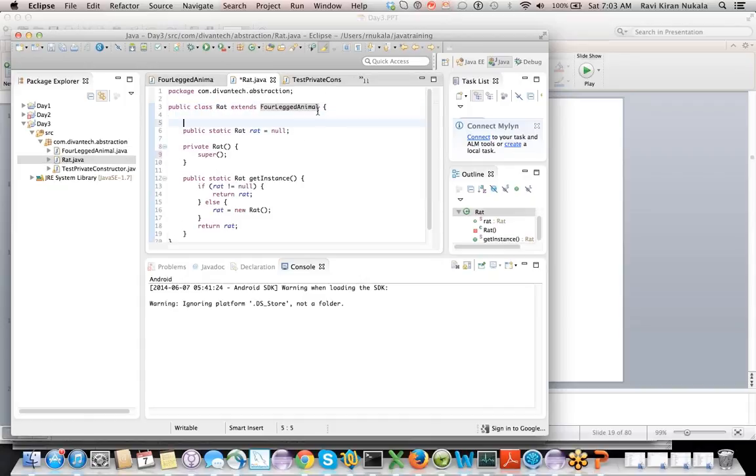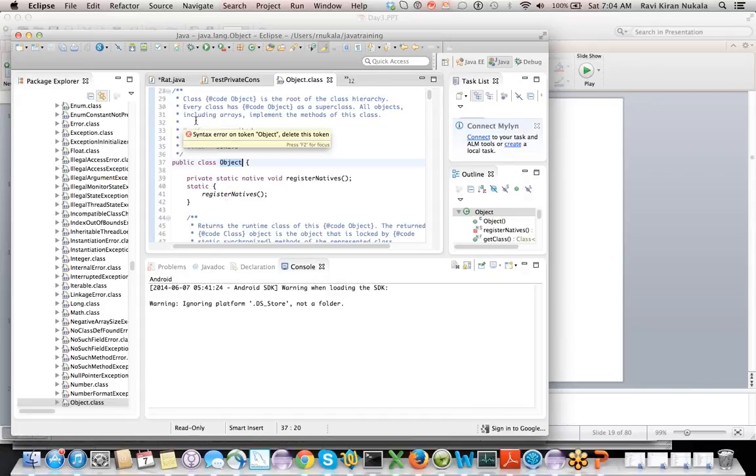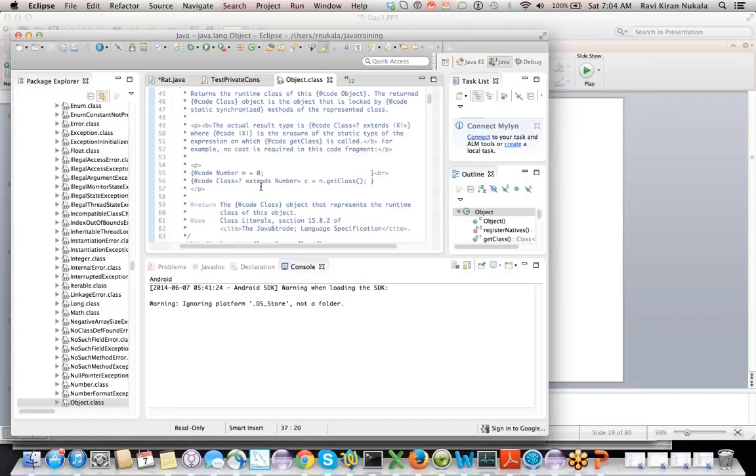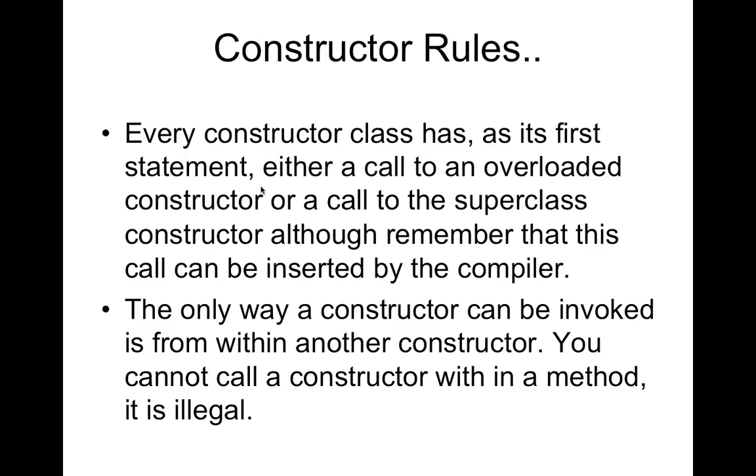Java has a class called Object. Any class that you create is by default an instance of the Object class, extending the Object class. So probably it will invoke a constructor within this. But any constructor should have a super invoked, and you need not put it, but the compiler will put it. If you have a no argument constructor, also you got to explicitly call super. And if you want to call a constructor of a parent class with arguments, you got to explicitly say super and pass those overloaded arguments. Right?